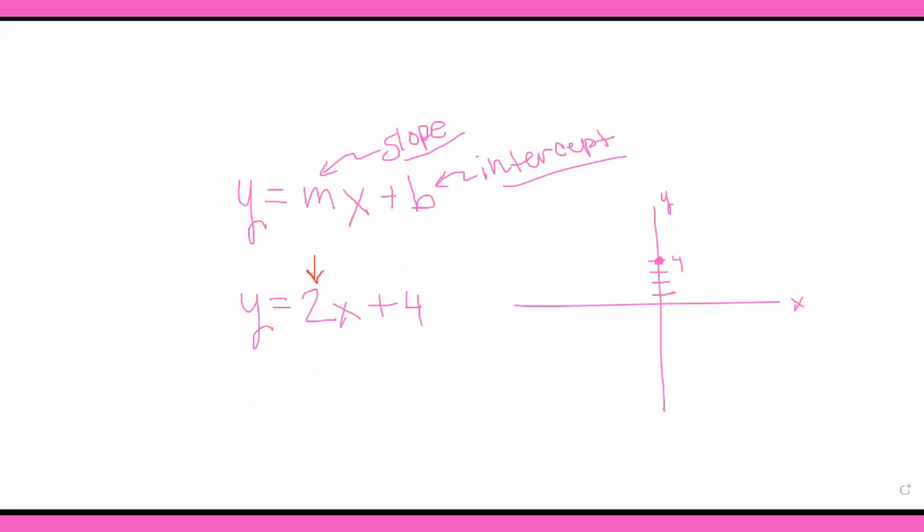So I go to my m term, which in this case m is 2, or we could say 2 over 1. And if you remember, slope is rise over run, or change in y over change in x. All that means is I'm going up first, up or down, and then right or left. So if everybody's positive, I'm going to go up 2, 1, 2, and over 1. So I could keep going up 2 over 1, up 2 over 1,